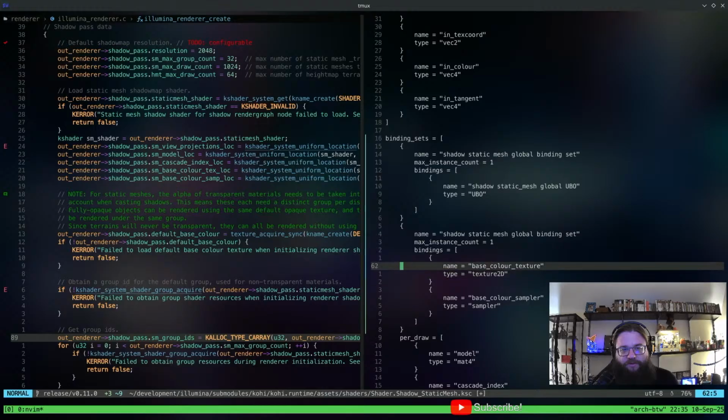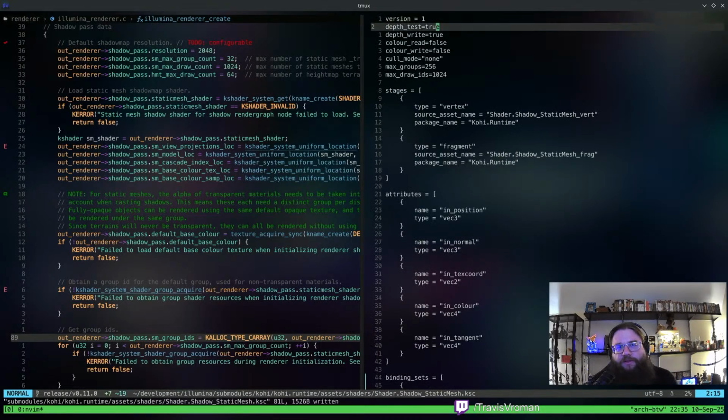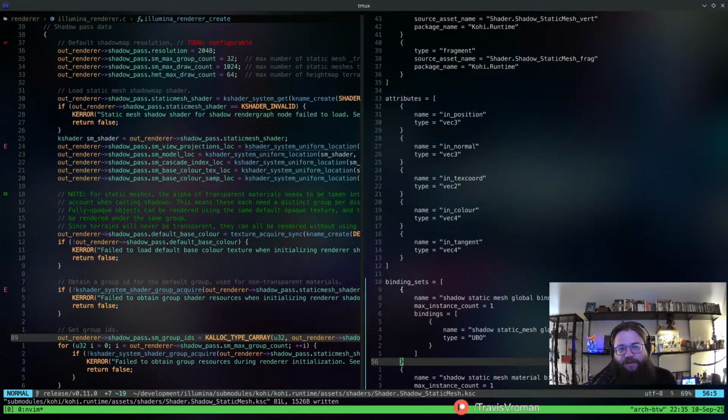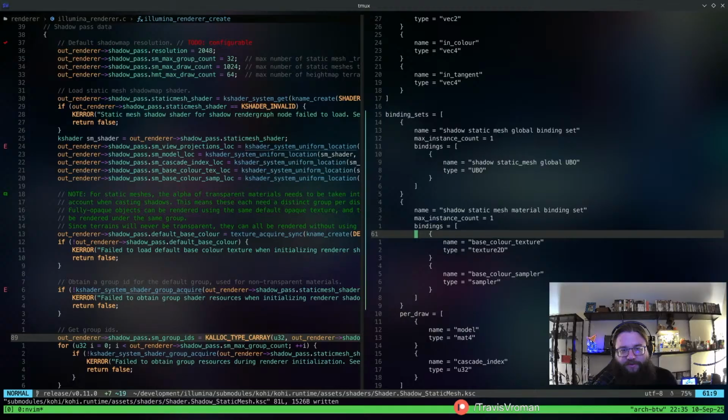Okay. What are we going to call this one? This one's going to be the shadow static mesh material binding set, because there's really going to be one of these per material. Up here we have our max groups of 256, so we're also going to have a maximum instance count of 256 here.